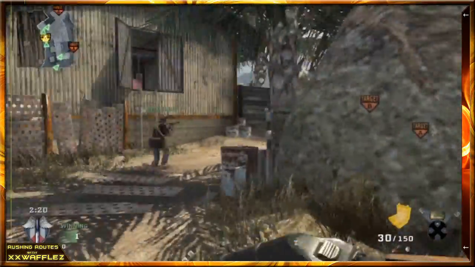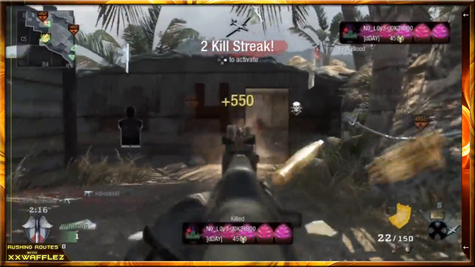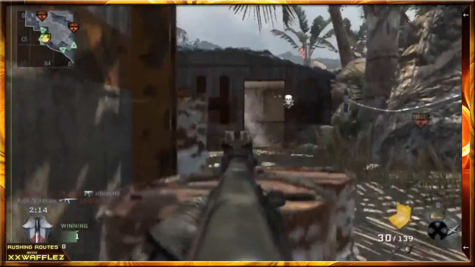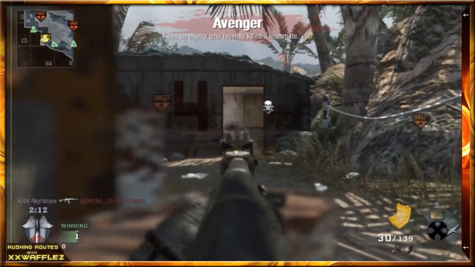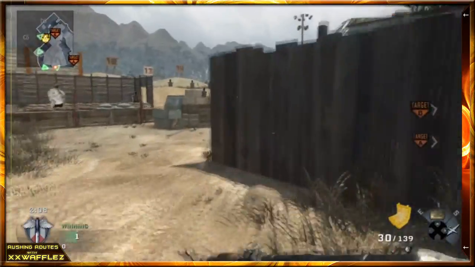As you can see, I'm running through the left side like I said. I didn't do the concussion grenade throw because I knew there was an enemy inside the building, which there was, which took out my teammate. After securing the kill, I'm going to throw a concussion grenade